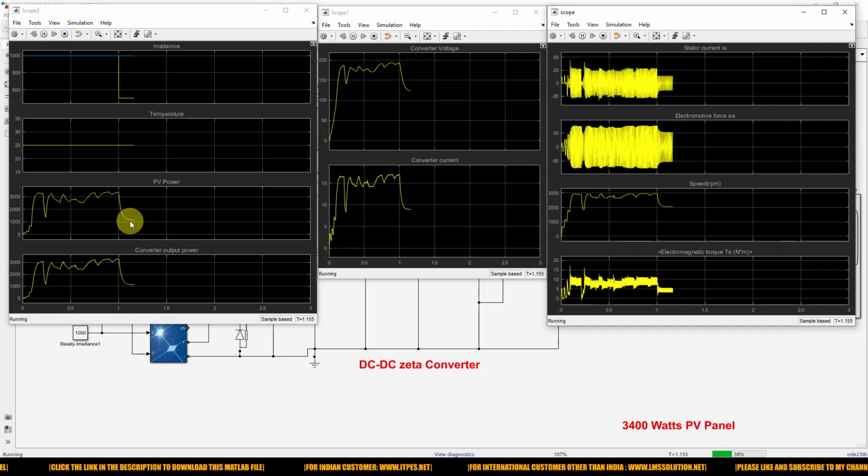But we already saw that the power extraction from the hybrid PO PSO is around 1800. So when compared to normal PSO MPPT and PO MPPT, the hybrid PO PSO MPPT extracts the maximum power exactly from the PV panel for that water pumping application. So this is the comparative analysis between hybrid PO PSO MPPT and PO and PSO MPPT for solar PV powered BLDC motor for water pumping application.